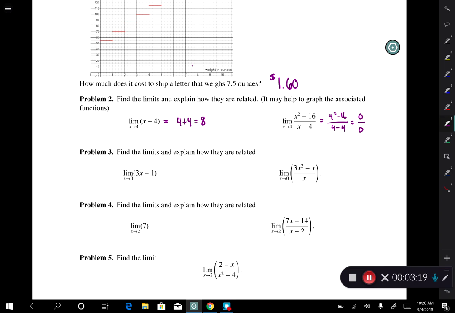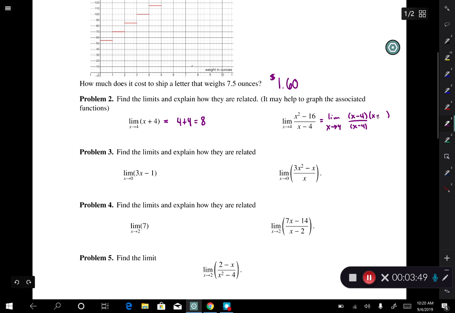You might be tempted to say it's undefined, but what this means is that we need to do some cancellation to get rid of the x minus 4 on the bottom. That means x minus 4 is a zero of the denominator and of the numerator, which tells us that if we factored on top and bottom, we'd get something that would cancel. So this is equal to the limit as x goes to 4 of x minus 4 over x minus 4 times, and if you factor x squared minus 16,